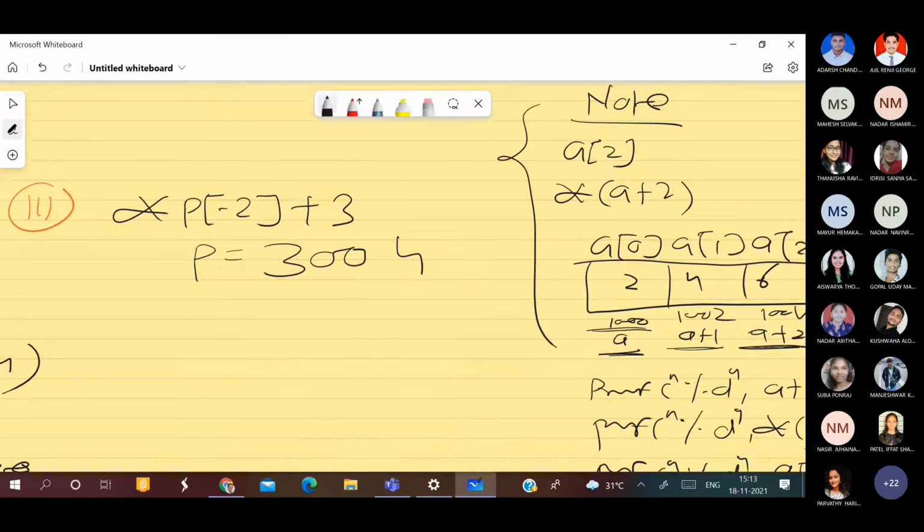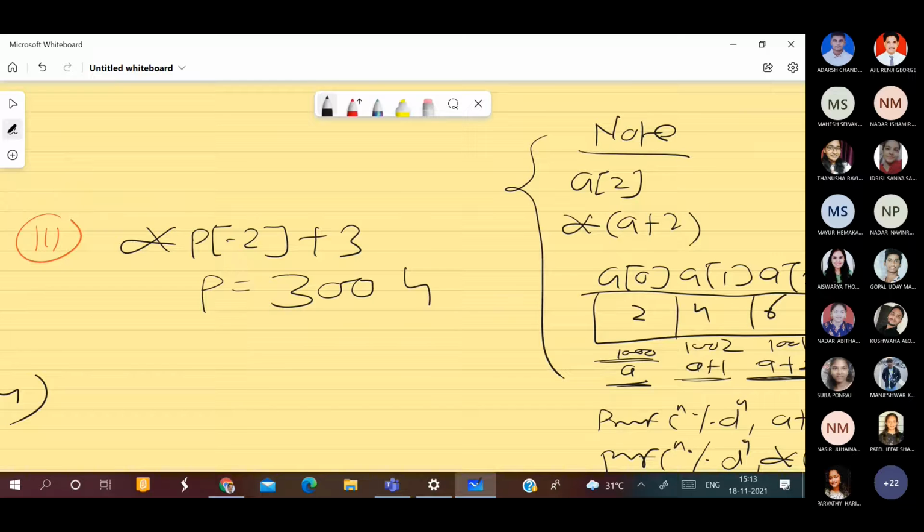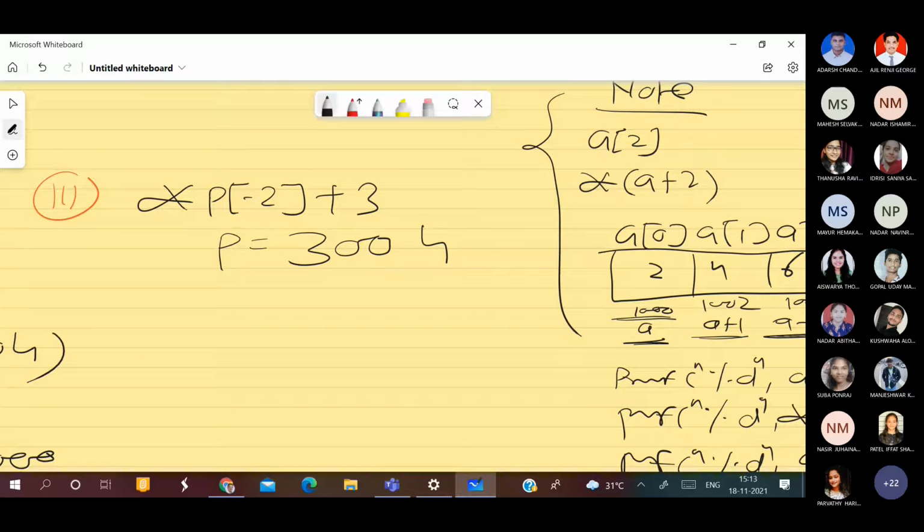Let us see now. Let us come back to this point. P is 3004. Let us talk about star P of -2. Can I write this with your permission as star P of -2? If it is P of 2, can you write this as P plus 2? Like A of 2 is star A plus 2, so P of 2 will be star of A plus P plus 2, right?